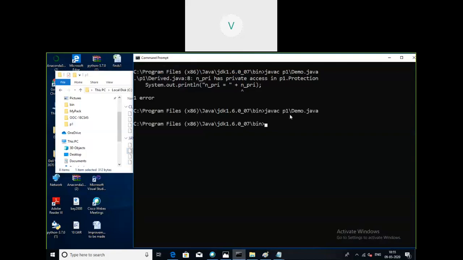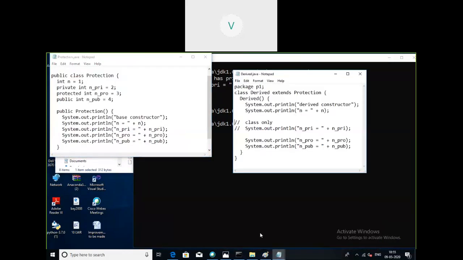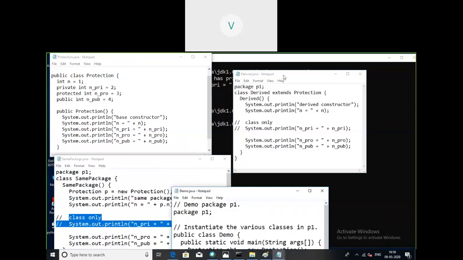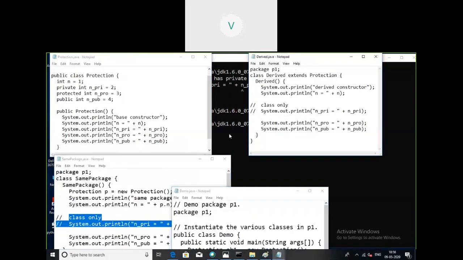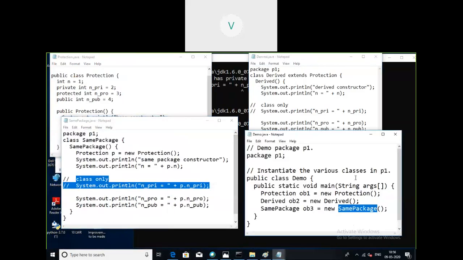Now compilation is successful again because a private member cannot be accessed by the derived class. I have removed just one comment. Similarly, you can remove the comments from all these source files and check all possibilities. We'll get the error message saying that you are not allowed to access the private member. So this was the concept we have discussed.